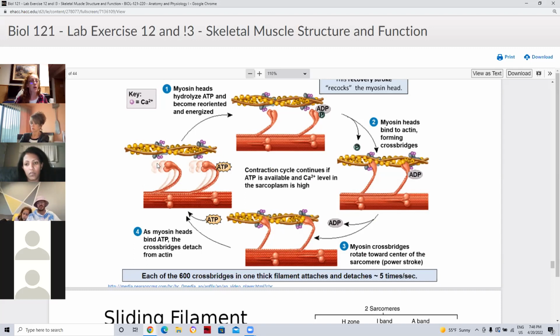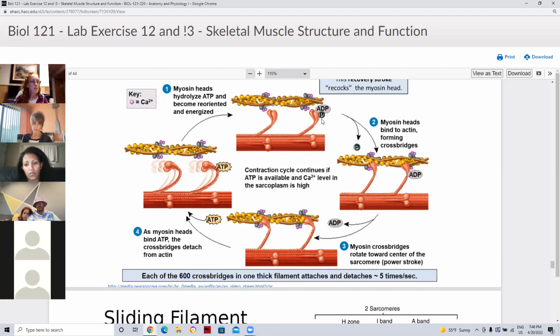And we'll talk more about that next Tuesday. But so the myosin hydrolyzes the ATP, and it puts it in a high energy state where it binds to the actin. It then releases the hydrolyzed ADP and phosphate,